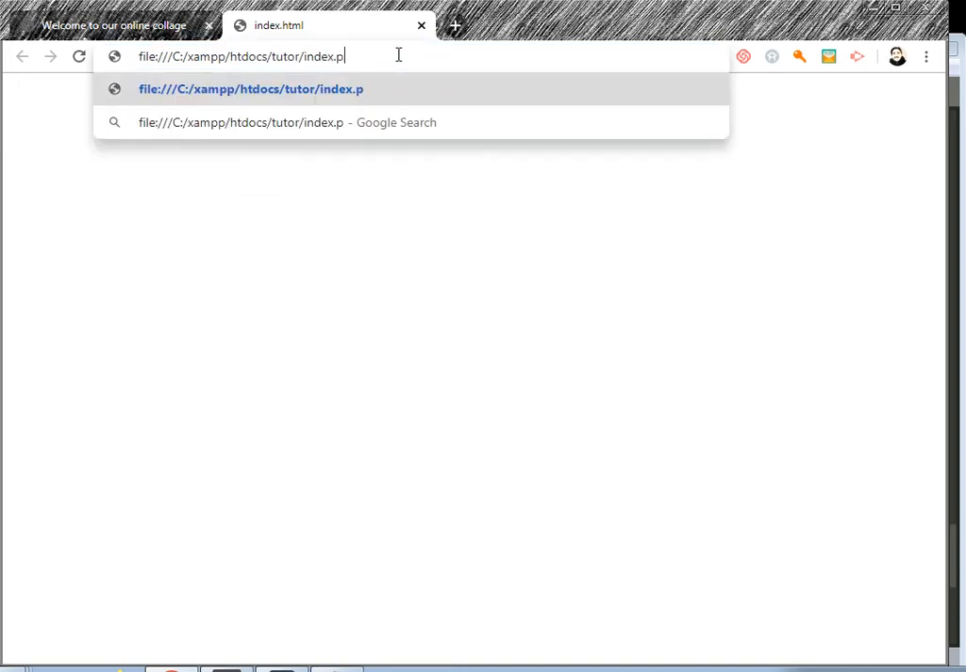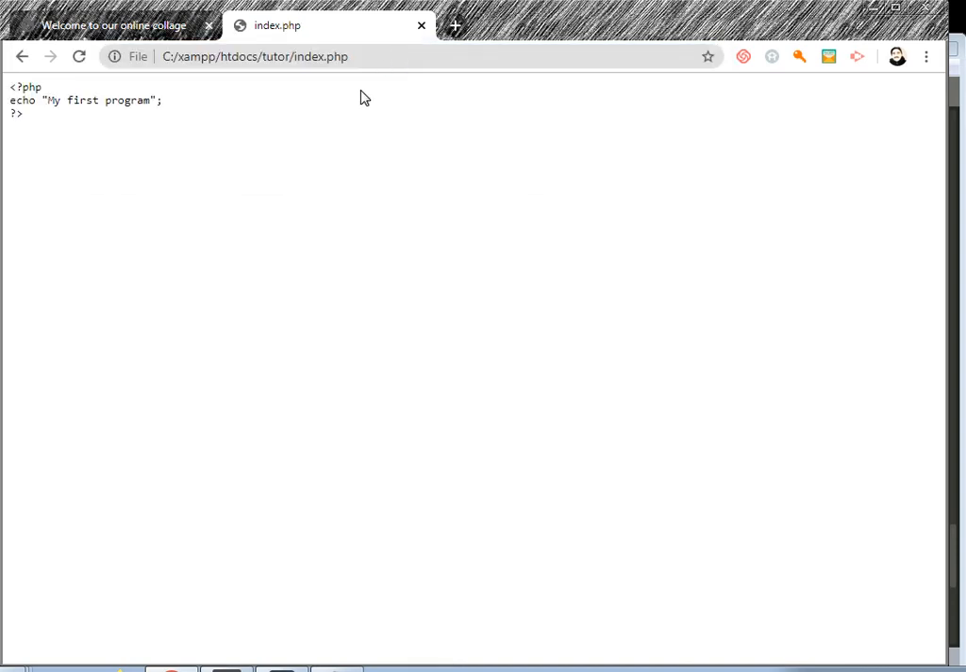browse this file? So this is the path: C, XAMPP, htdocs, tutor, index.html. Okay, if I change it to PHP, index.php, then this is the code. This is not HTML. This is some code, PHP code. But this is located on the C drive. This is the local path. I have to open